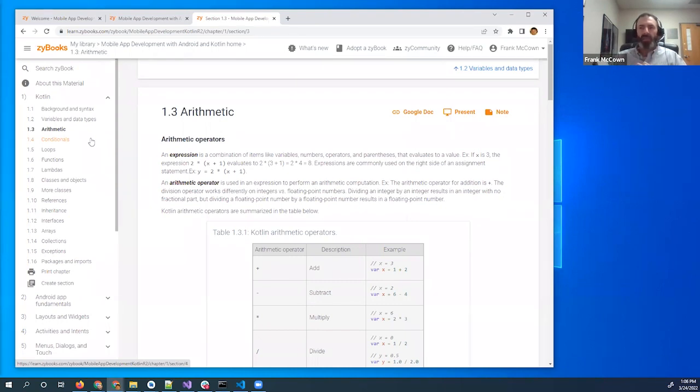I try not to change too much with any one version, because when you change too much, it's harder for instructors who have used your book, and then suddenly everything's changed in the next version. But definitely we want to keep as current as we can. And every time Android Studio comes out with a new version, sometimes they rename menu items or move things around in the interface. And so we're very sensitive to those changes.